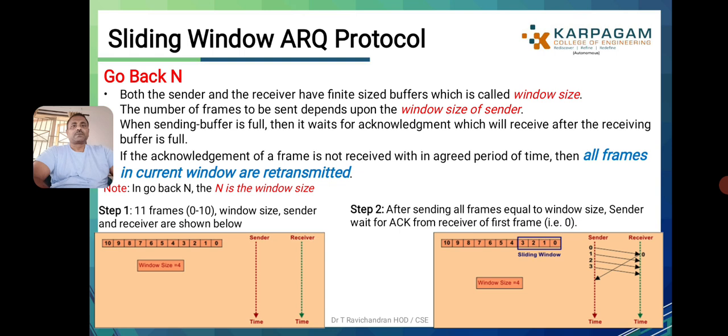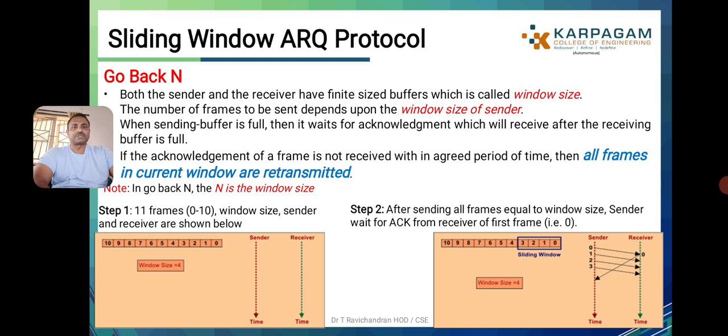The first protocol is go-back-N. Both sender and receiver have a finite size buffer, called the window size. The number of frames to be sent depends on the window size of the sender. When the sender buffer is full, it waits for the acknowledgement, and the receiving buffer is full. If the acknowledgement or frame is not received within the agreed time period,